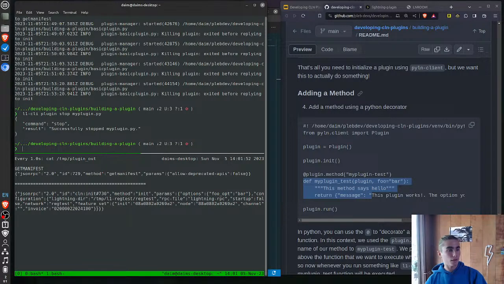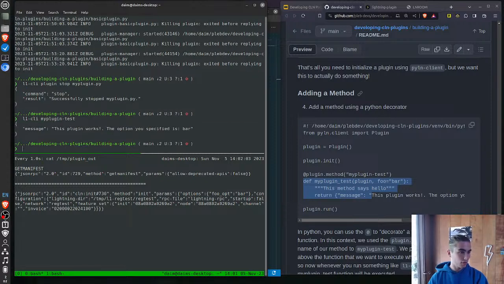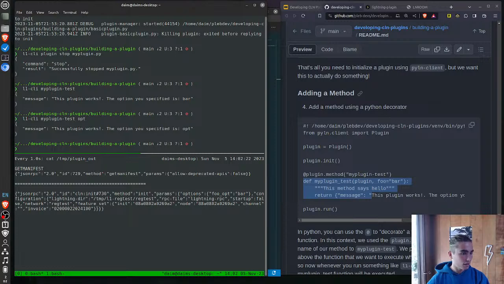Okay, so now, if it started correctly, we can run L1 CLI my plugin dash test, and it outputs just that. And then it says the option you specified is bar. We didn't specify any option, but this is an optional argument. So we could say this, and then we could say here, and the option you specified is opt. So basically, this allows you to pass whatever arguments you want